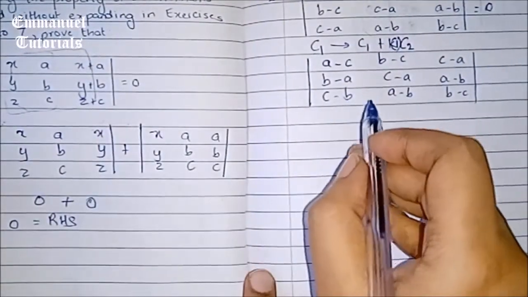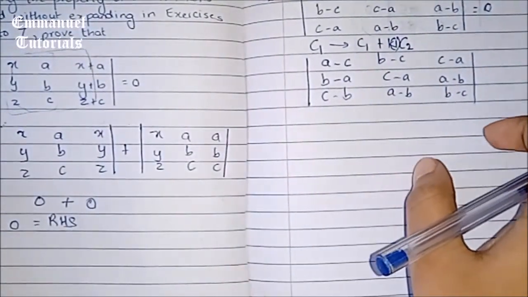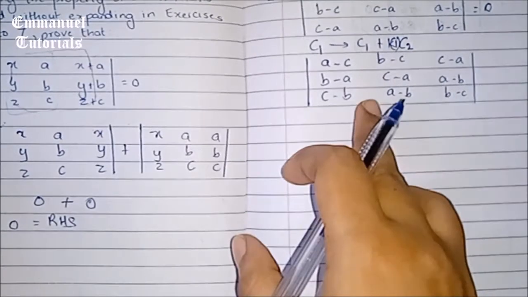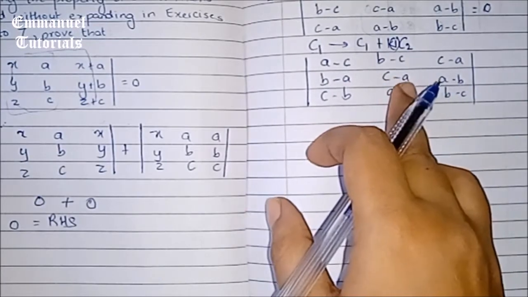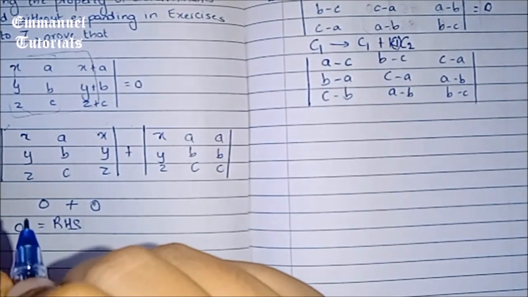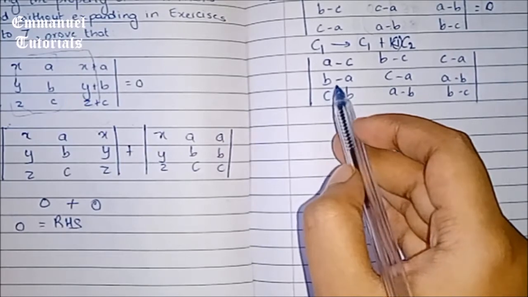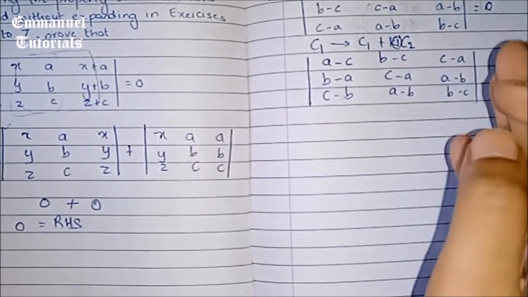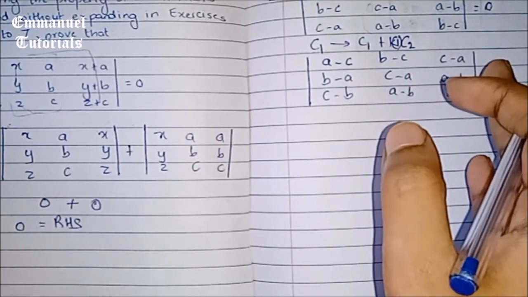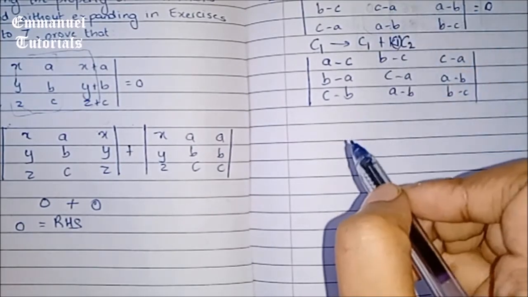Now one more property is there, which states that when you interchange two rows or two columns, the sign of the determinant changes. Now we can see that the first column and second column look almost identical. If we prove that they are identical, then we can equate it to 0. Can we do that? How do we do that?